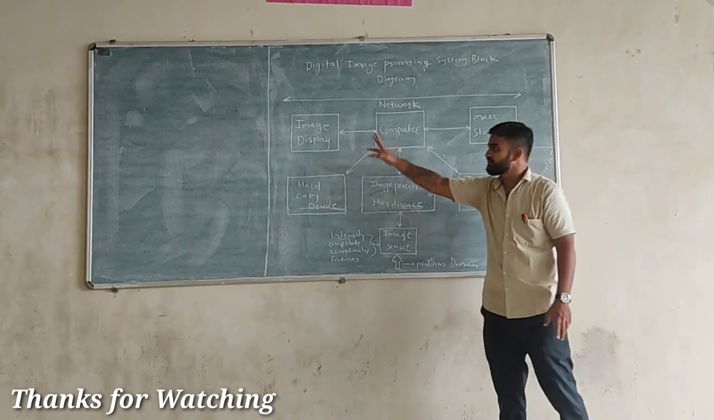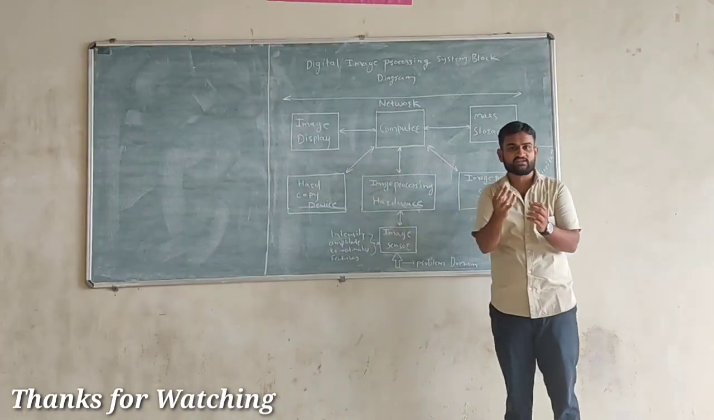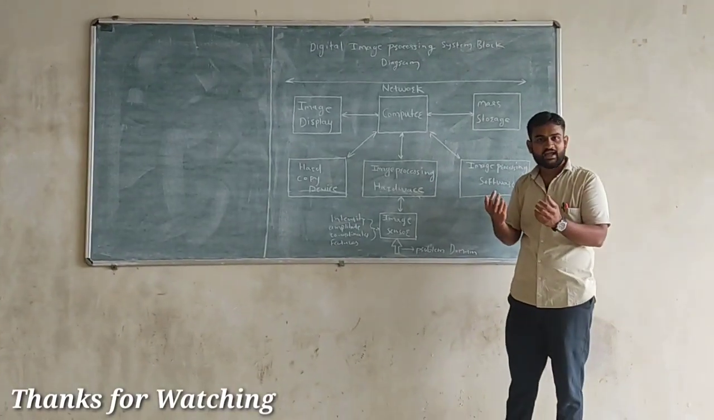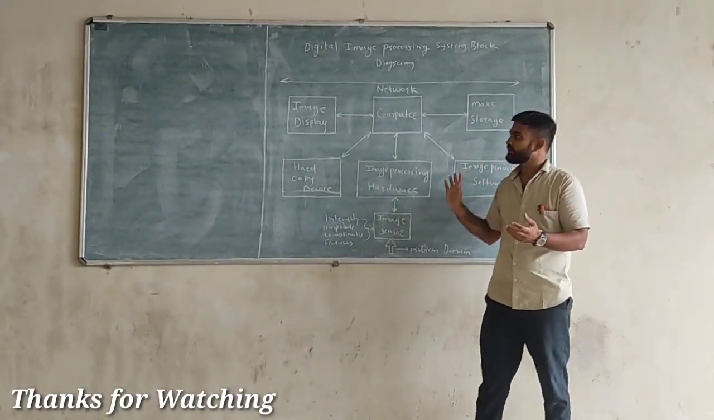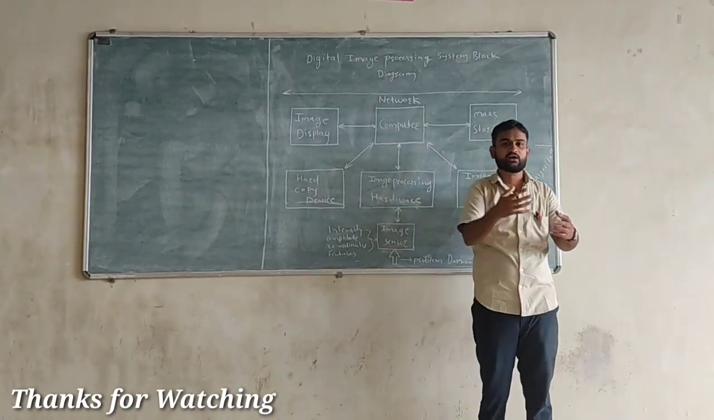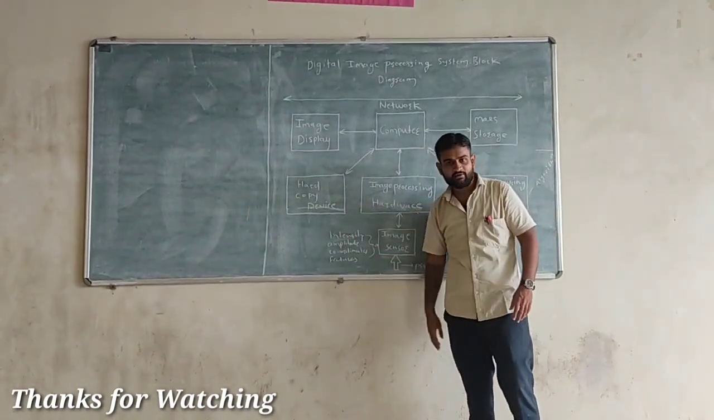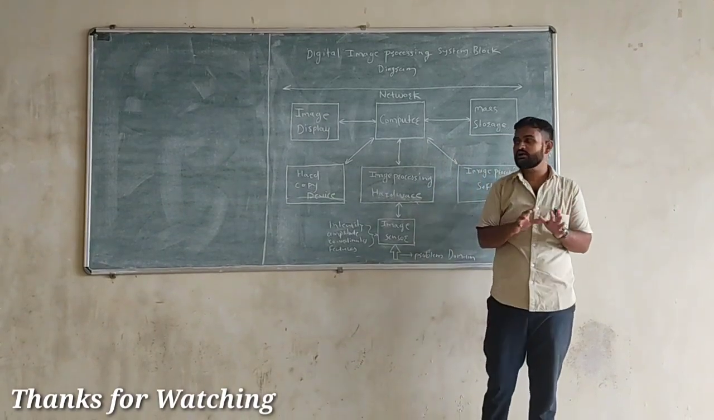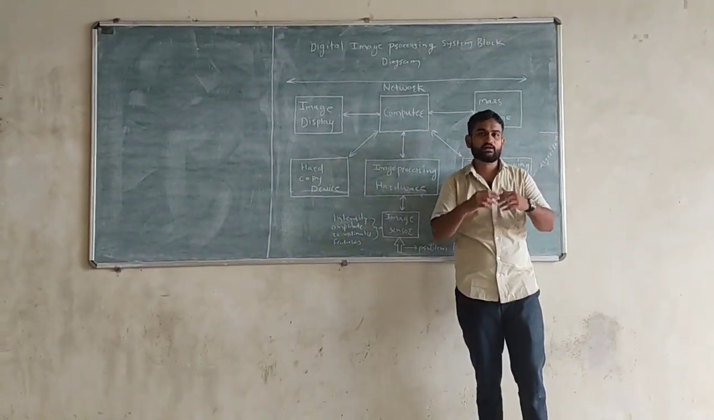Then we have an image display unit. Whenever we process an image, or the input image is captured, both can be viewed by using the image display. And if we want to produce a hard copy, we have a hard copy device for that. In this video lecture, we have studied this block diagram. In further video lectures, we